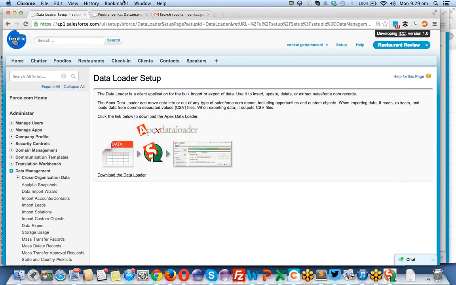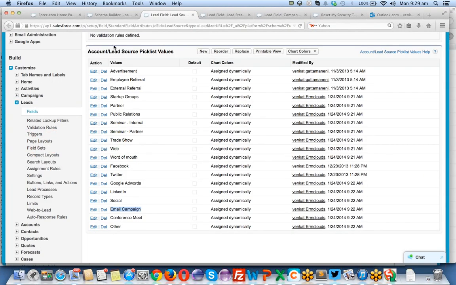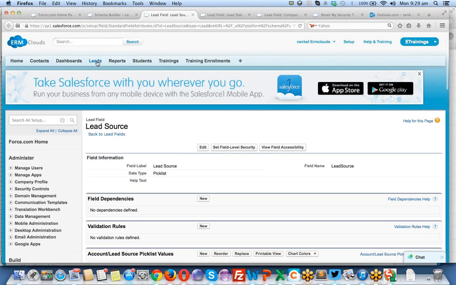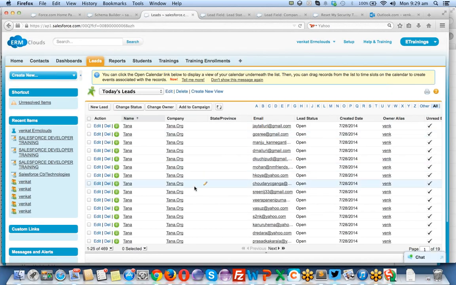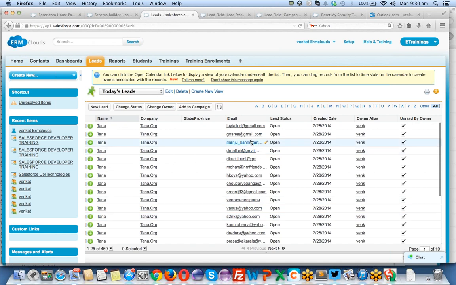Now let's go back to the system to our developer. Click on leads. Now click on to the leads. Click on go. You clearly see the date of creation and everything. So the name is the same thing which I have given here. The company name is this, and this is the main information which I want to load into the system, the